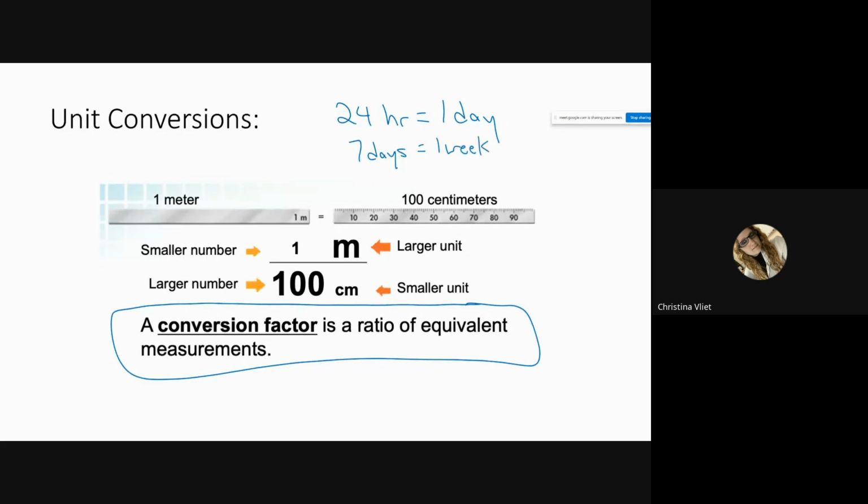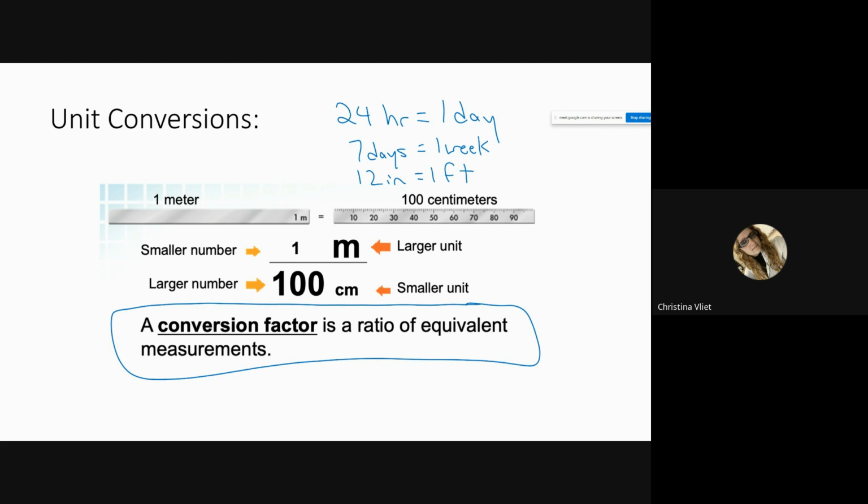Oh, that could vary, right? Could be 30 or 31. Or 29 this month, right? 28. 28 in a general February. What about how many inches are in a foot? Do you know that? No. 12 inches in a foot. That's one that most people know off the top of their head, right? So,